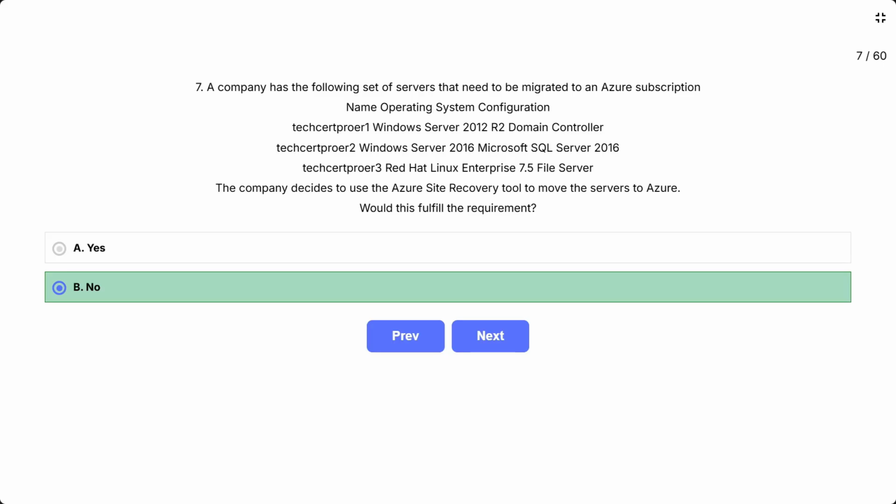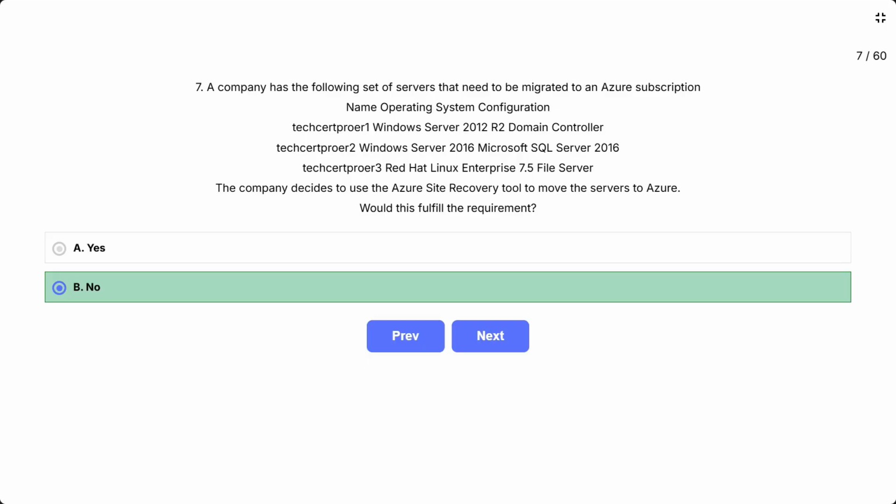Then the last option, that is TechCert Pro ER3, that is Red Hat Linux Enterprise 7.5 file server. Azure Site Recovery supports migrating Linux VMs including Red Hat Enterprise 7.5.